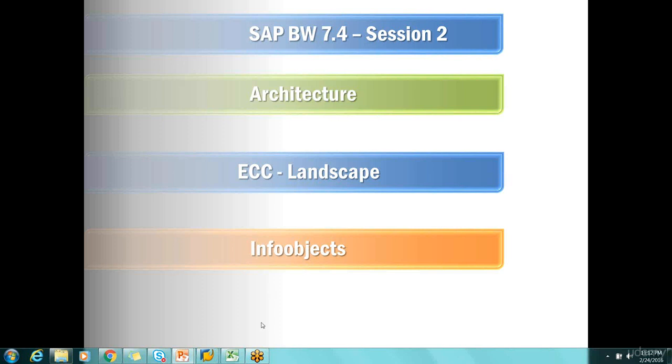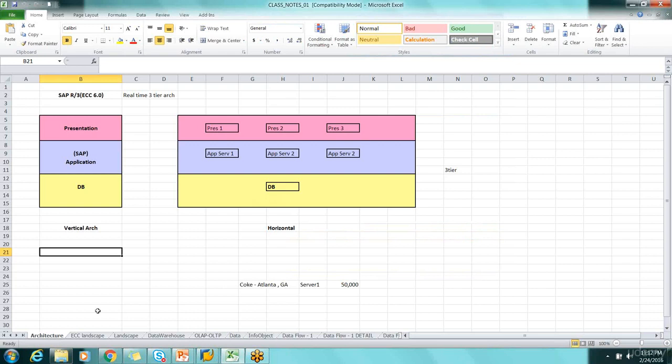Okay, so let's begin with the architecture of SAP ECC. If you have listened to my first class, then you would have known I told that ECC is a client server technology, right? So the client server technology is basically a database and then an application layer. Also I told that it's a real-time 3-tier architecture. 3-tier architecture in the sense that we have a presentation layer, then the application layer,